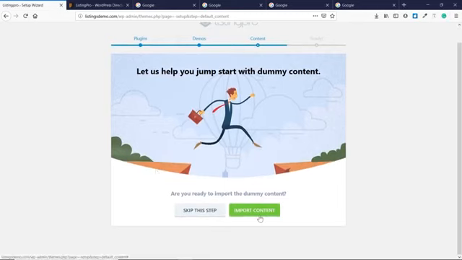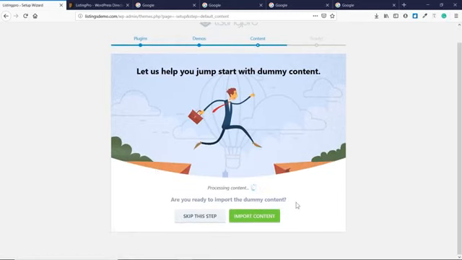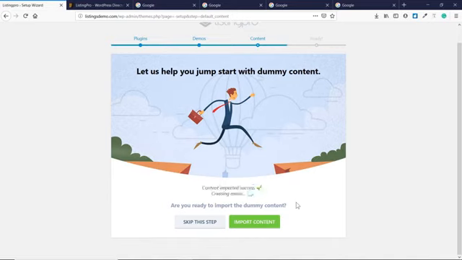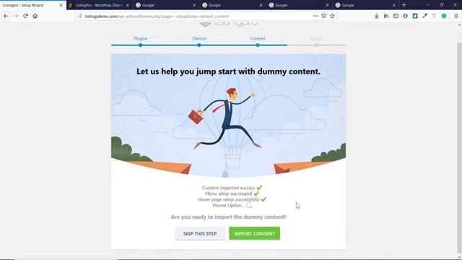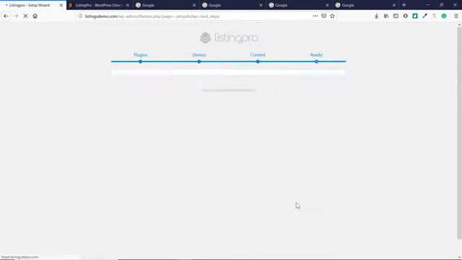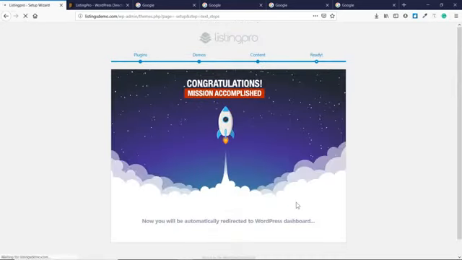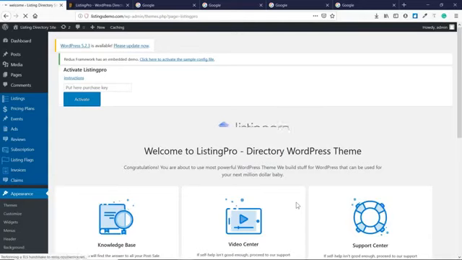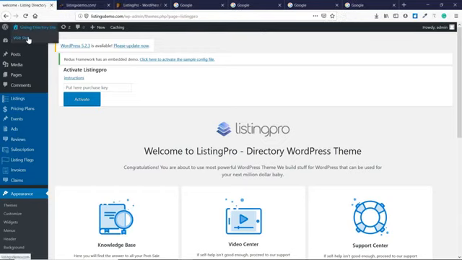So now you need to click on import content so that all the dummy content will be imported to your website directly. Now don't worry, you can delete all of this content manually, and trust me, that's not too much of it. It is just enough content which is required to at least give a basic look to your theme. So as you can see, we have successfully installed our theme, and we have even imported the demo data and demo content. So let's go to our website once,